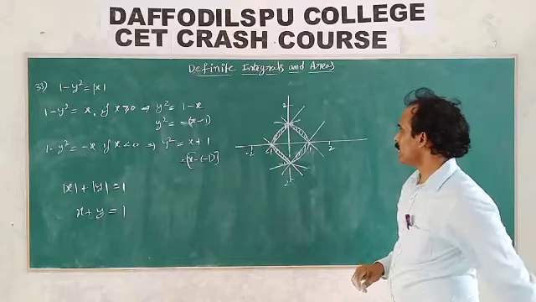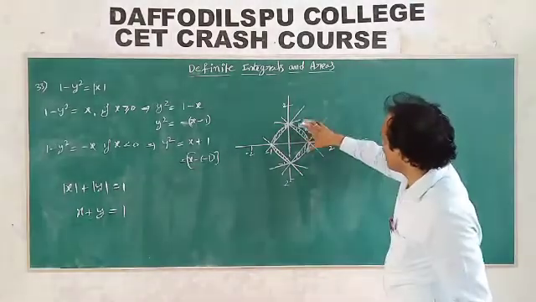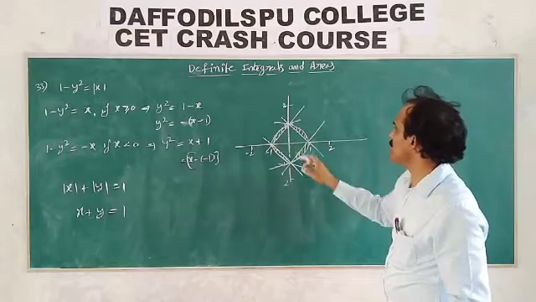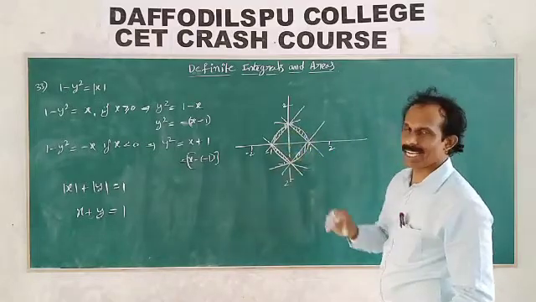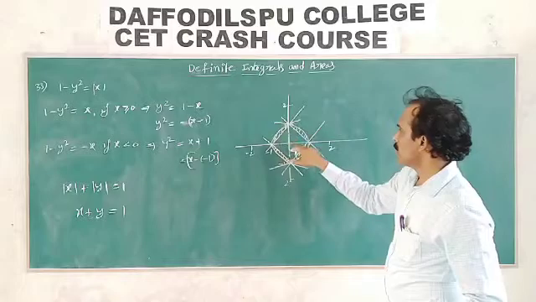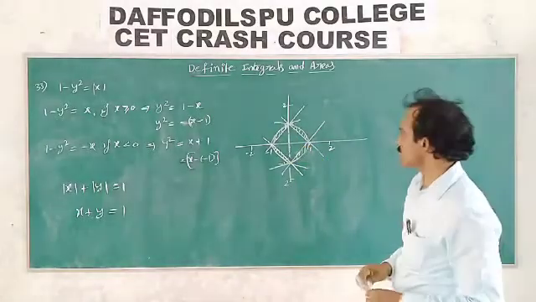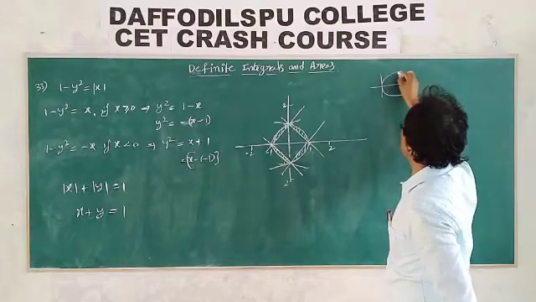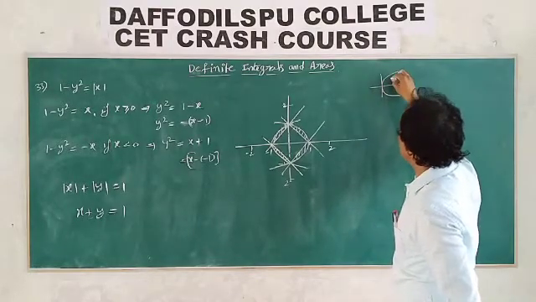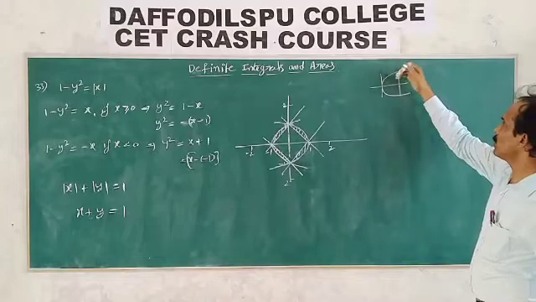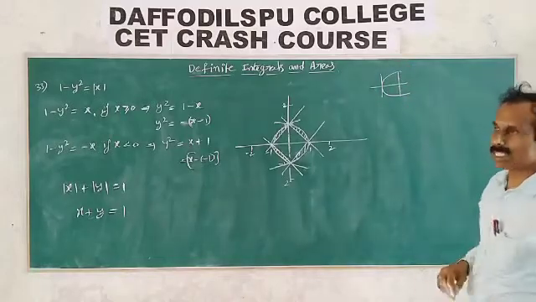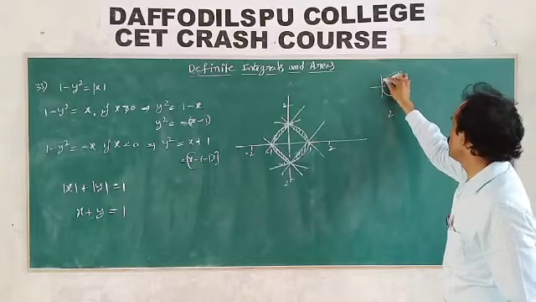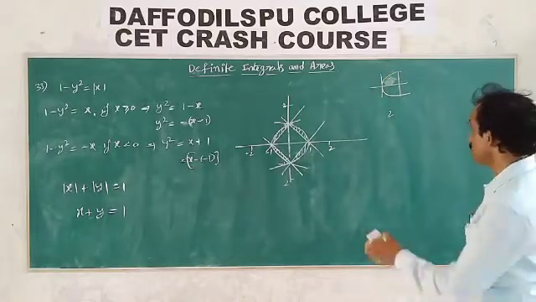Finding area: this area, these curves' two areas minus these four triangles' areas, which is the shaded area we will get. Okay, parabola, suppose like this. How to find this area? The upward area and downward area are both the same, because this parabola is symmetrical about the x-axis. That's why 2 times this one.